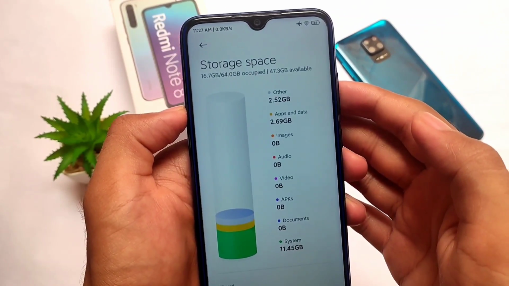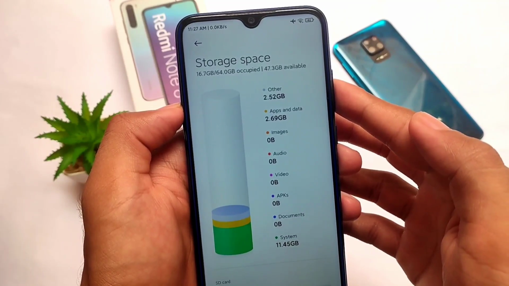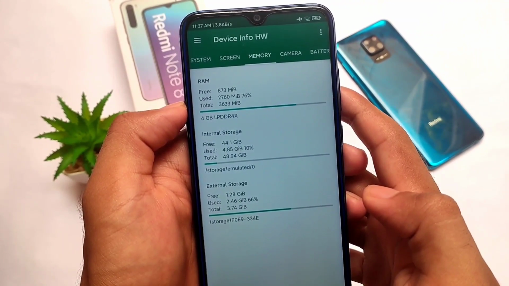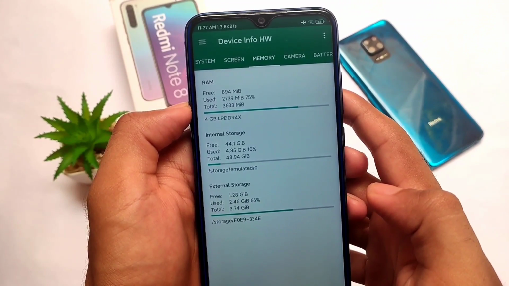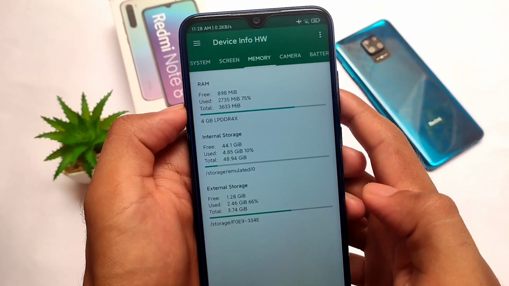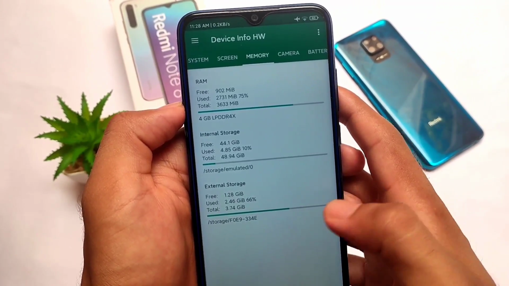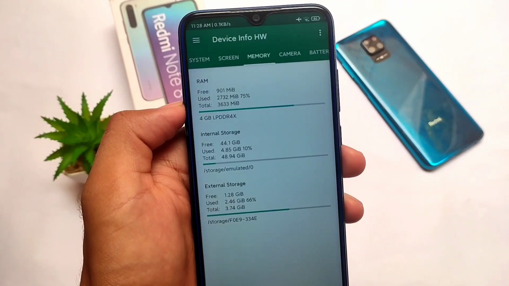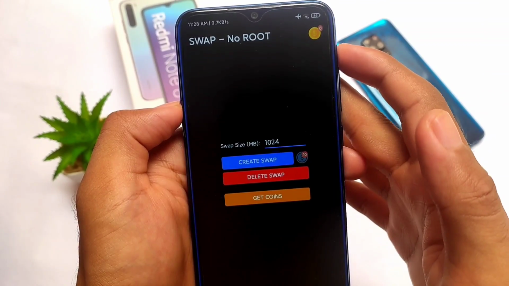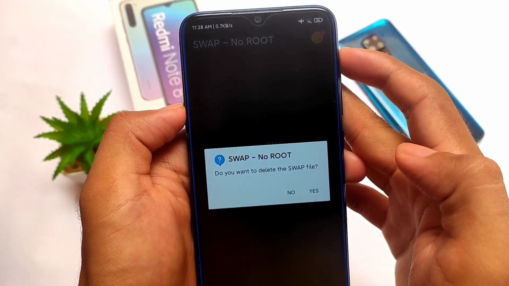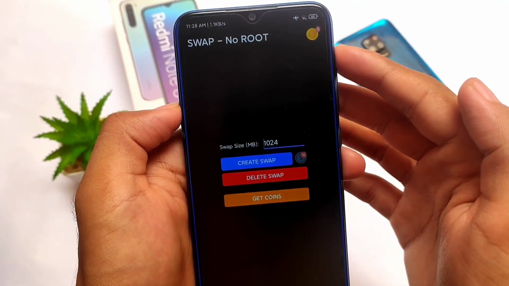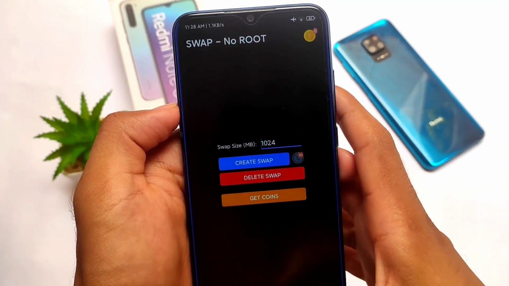As you can see, we have 47 GB available from the 64 GB. It's 47 GB available because the swap is included, and here I have 48 GB. 1 GB is already excluded from my internal storage to RAM, as I mentioned at the start of this video, and the same thing has happened. Free is 44 GB and total is 48 GB, but in the other storage option it was showing 47 GB. If I delete the swap file because I don't need that 1 GB RAM anymore, of course I will not be able to create it again because we don't have enough credits. But if you don't want it, simply delete swap.